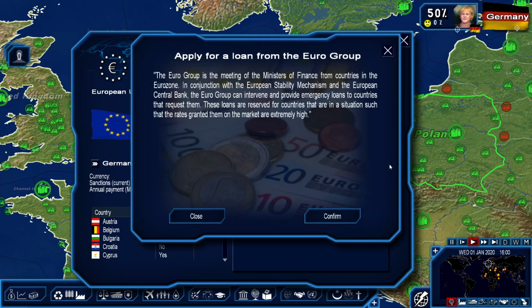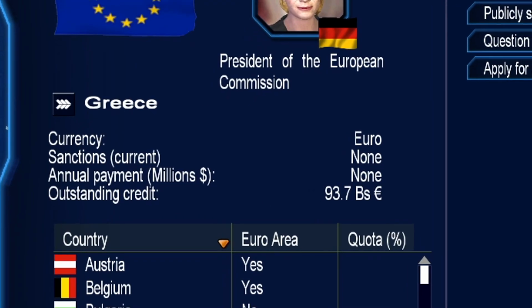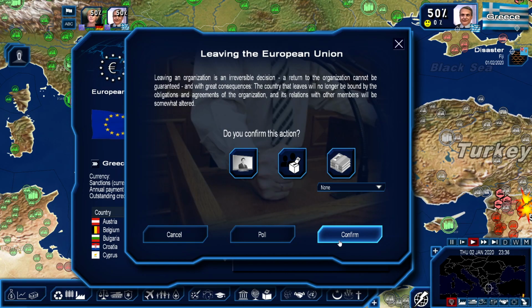Lastly, working similar to the IMF and the World Bank, the European Union also offers a loan program the player can use to assist during economic struggles. This is only available to those within the Eurozone, or nations that use the euro as their national currency. So if you're planning on lying about your economy to get into the Eurozone and then take out loans that you can't pay back...